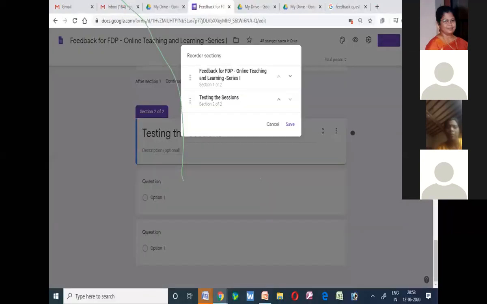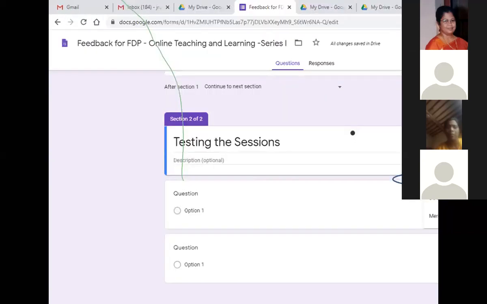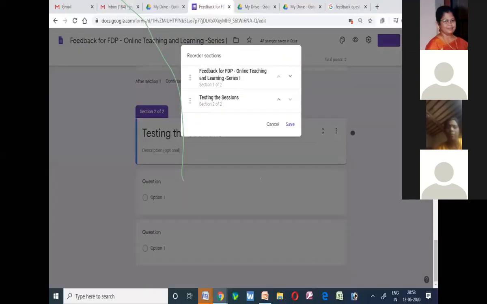Here you just see for this question. For the option question, if the answer is yes, you have to move to one section. If the answer is no, then you can move to a different section. Suppose you are going to give an option, then it will give you an option to move. Here the first section name is feedback for FDP.